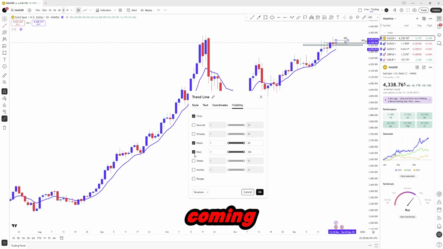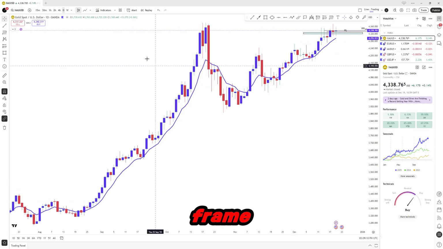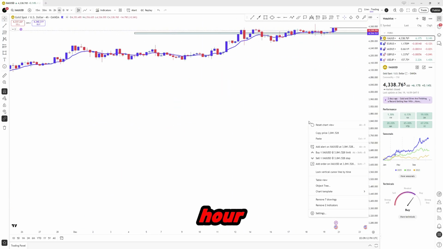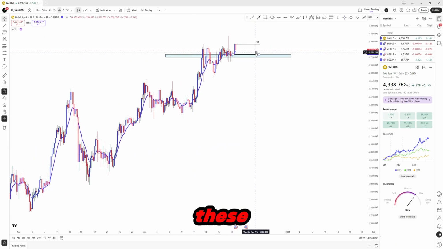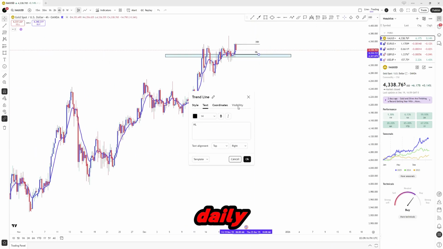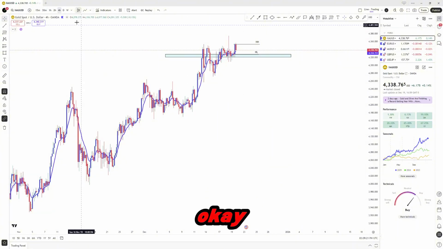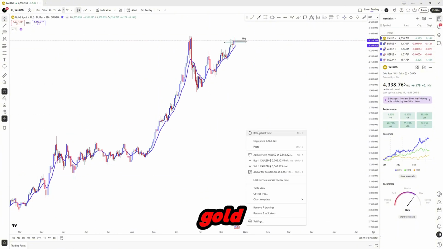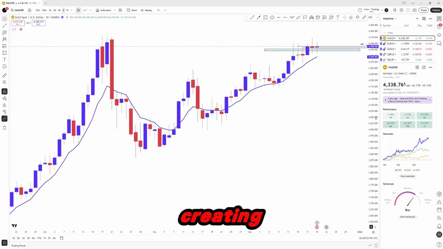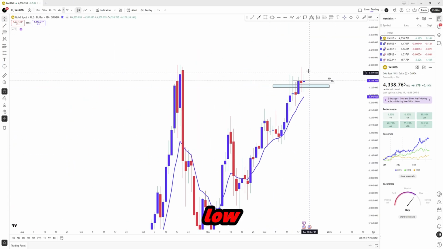Why is this coming out in the daily time frame? Well, I gotta go back to the 4-hour. I don't want these coming on the daily. Okay, so in order for gold to continue the uptrend, creating new higher high, higher low, targeting back these levels right here, or creating new levels above this zone,